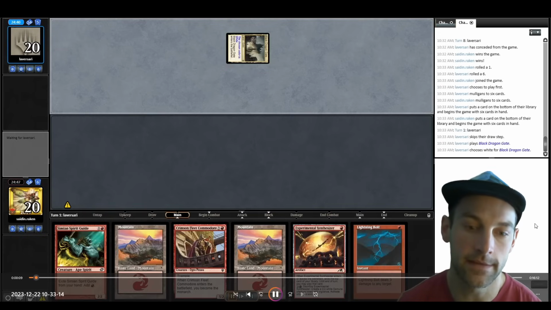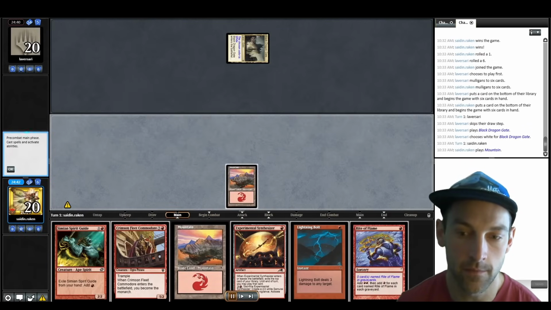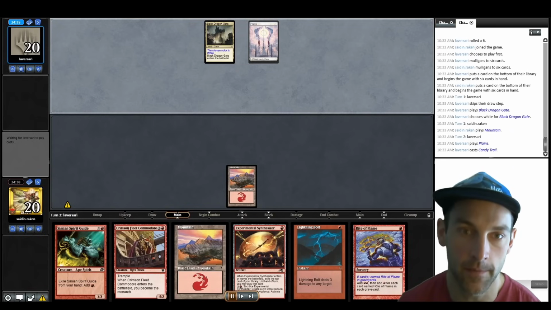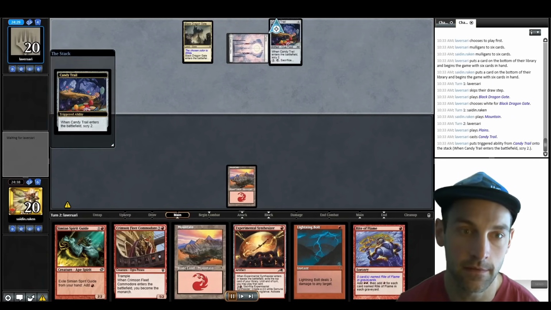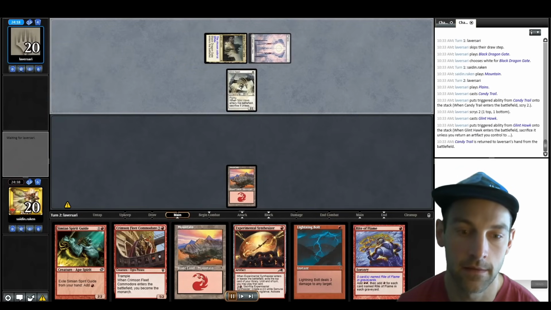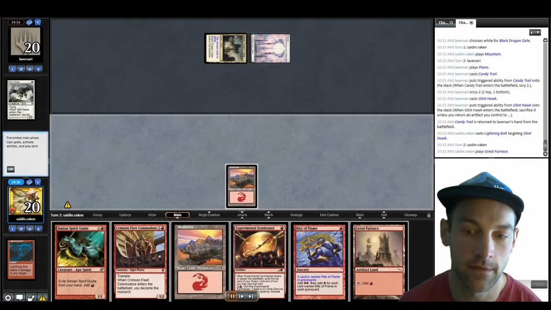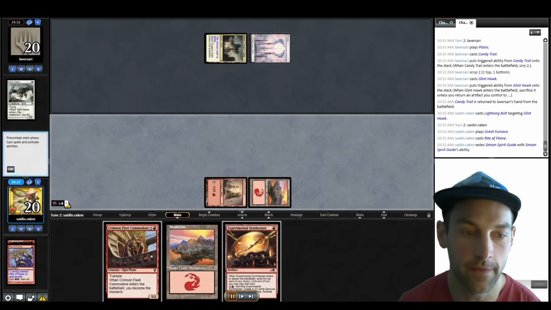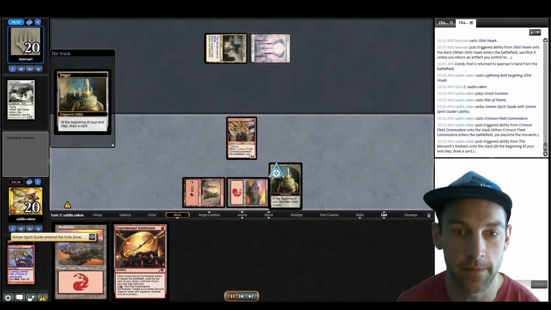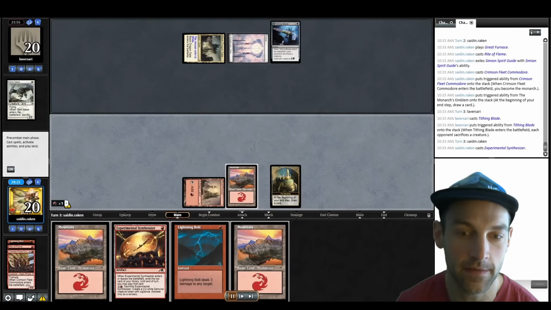Our opponent leads on a tap land, Black Dragon Gate. We find a Rite of Flame, which means we have turn 2 Commodore. We go Candy Trail, scry top bottom, and they play a Glinthawk. So now I have to remove the Glinthawk, so I end step bolt it, untap. We're going to go ahead and Rite of Flame, Simian Spirit Guide, Crimson Fleet Commodore, pass the turn. So now they Tithing Blade that away, but that's okay because we're getting a lot of